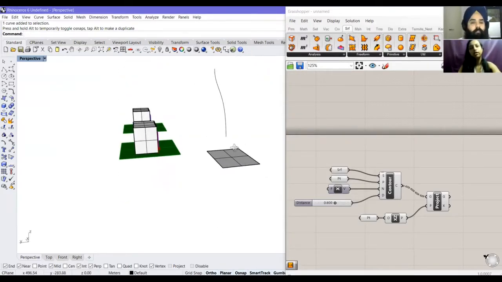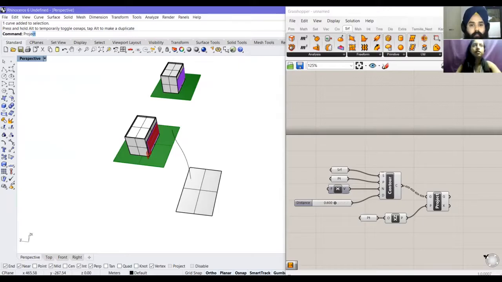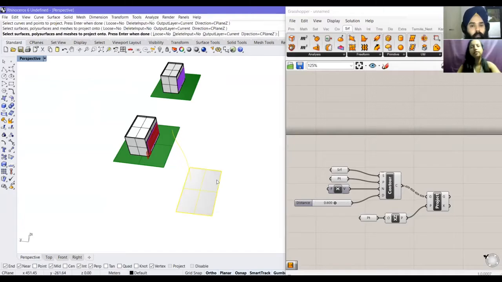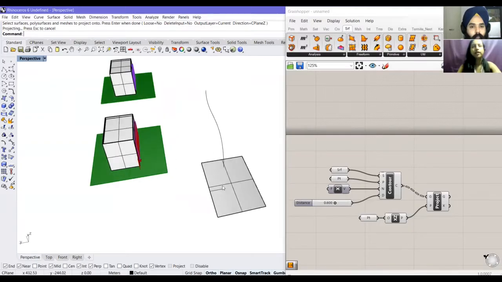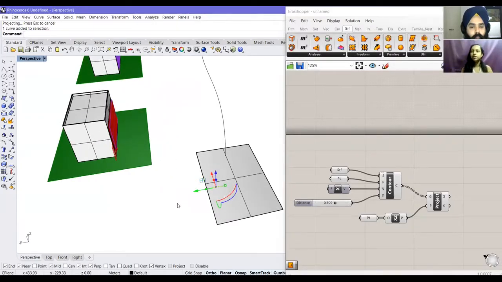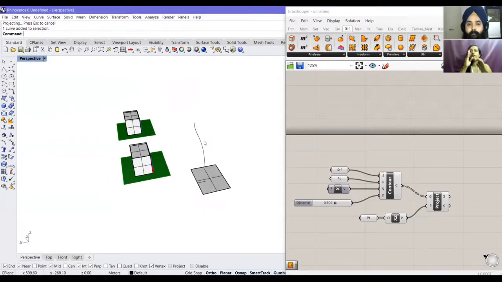Now this curve looks long here, but the top projection would be a flat thing. So if I do a project here, it says select curves and points to project. This is the curve that I want to project, and this is the surface that I want to project it onto. Then the project is taking an orthographic projection of that curve, with all the orthographic lines, vertical lines. It's basically dividing this curve into a number of different units and taking the projection down till it reaches that surface. Whatever you see on that surface is the projection.